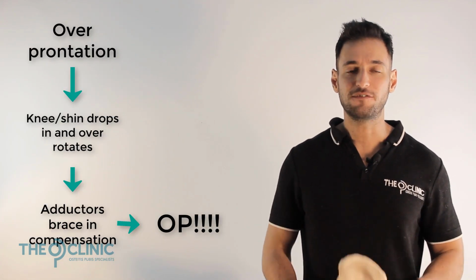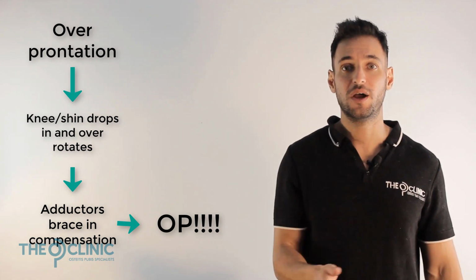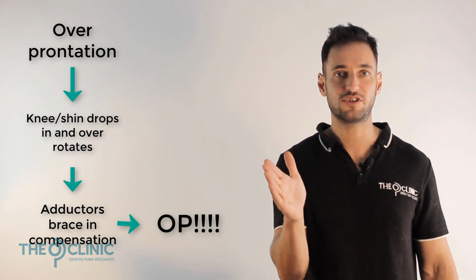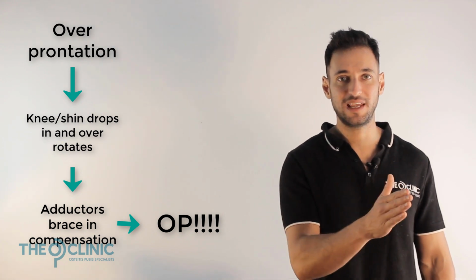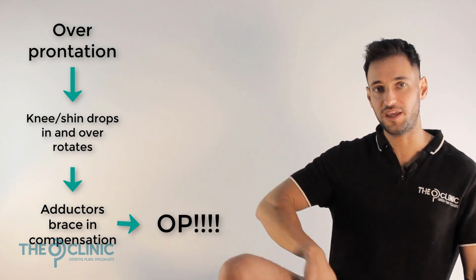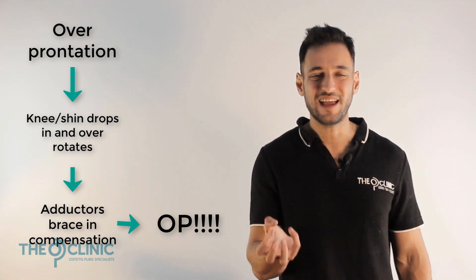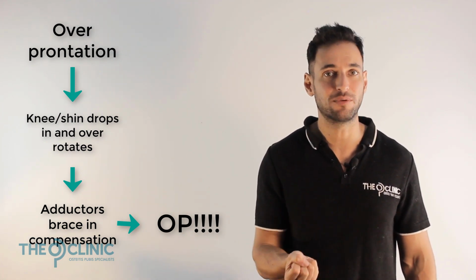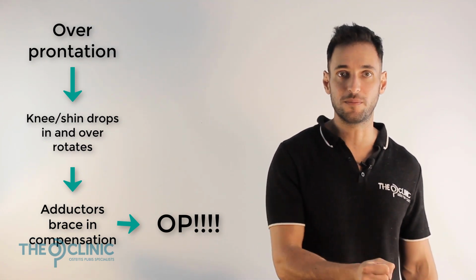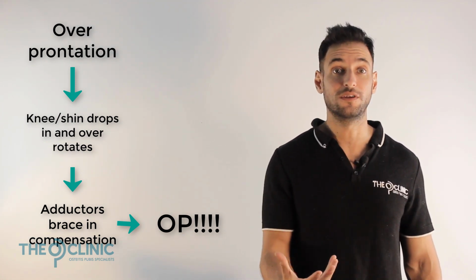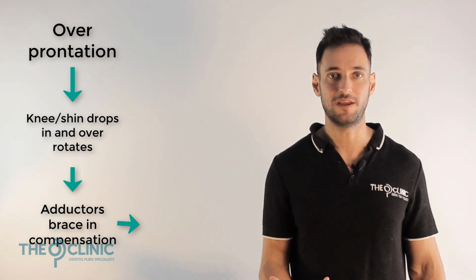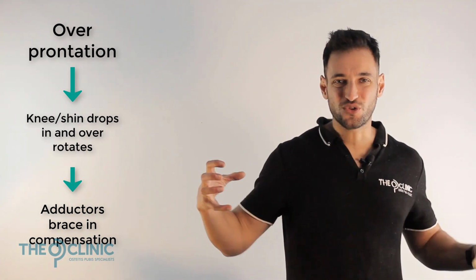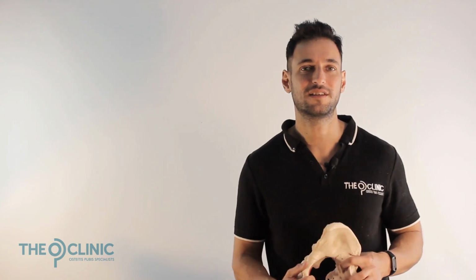If you have overpronation, well then your knee drops in every time you run. And whenever your knee drops in, your adductors, which live along the inside of your leg through here, are going to fire really, really hard to try to stabilize and protect from that knee dropping in. So obviously that will play a role if you're experiencing that kind of symptom with your OP. You can start to trace together all these injuries and understand that they are all interconnected and that the pelvis is in the center of everything.